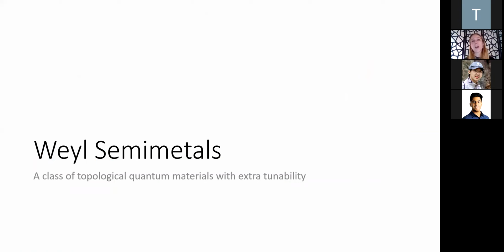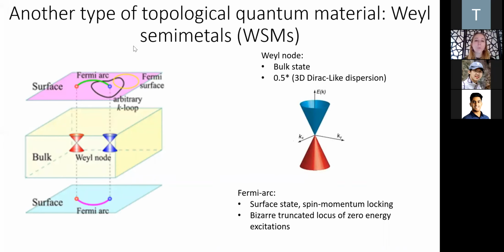Topological insulators are one type of topological material, characterized by a specific bulk electronic structure and a specific surface electronic structure. There are many other topological materials, and Weyl semimetals are one category. The next two slides will try to explain what it is. It's a little bit complicated. Like the topological insulator, it has a distinct bulk structure from the surface. In the bulk, it has what are called Weyl nodes.